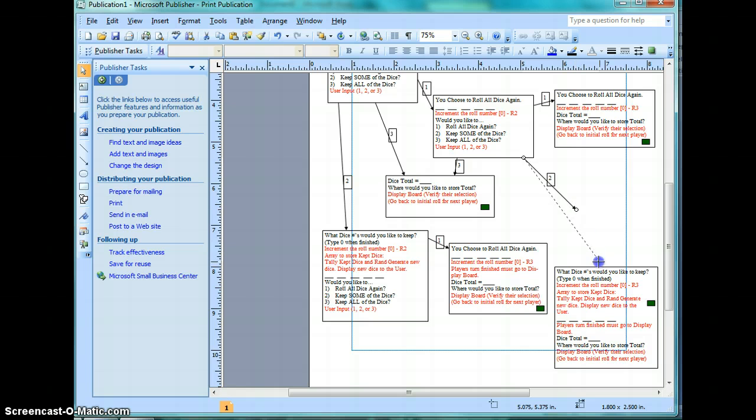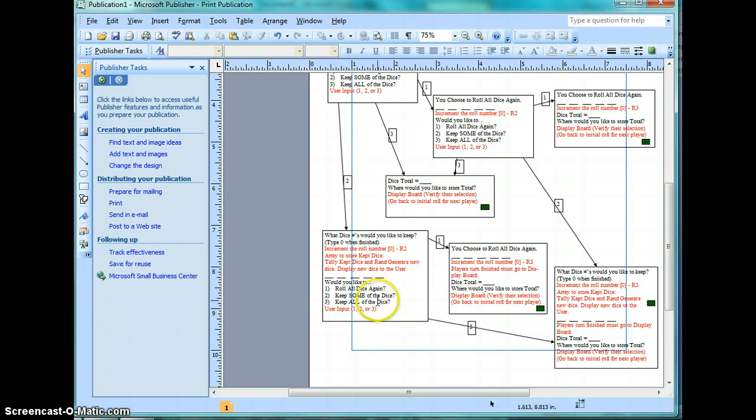and as I said, I like to use Publisher because then I can move these boxes around pretty easily. And I'm actually going to take another arrow and connect from this box over to the other box and give myself option 2. So the last one that needs to be handled is, what if I wanted to keep all